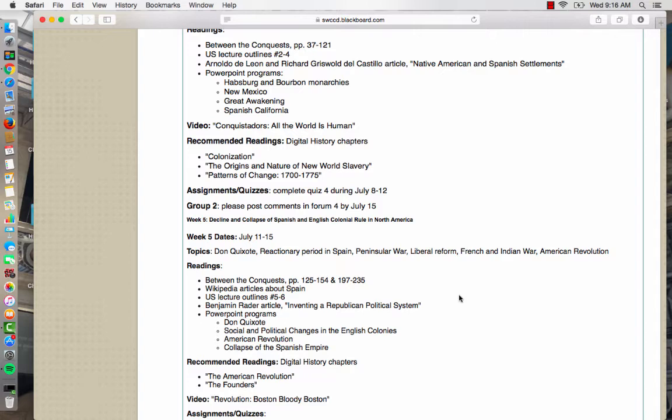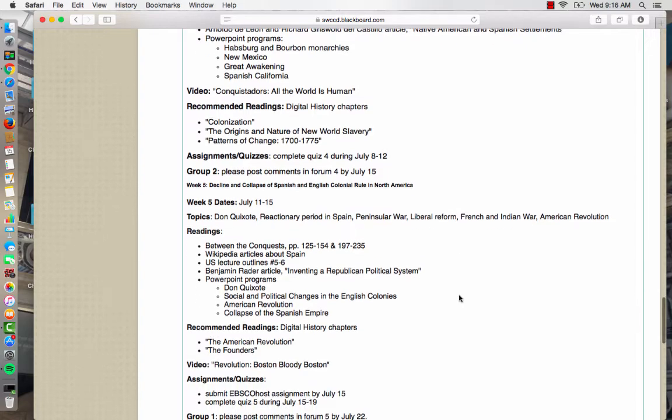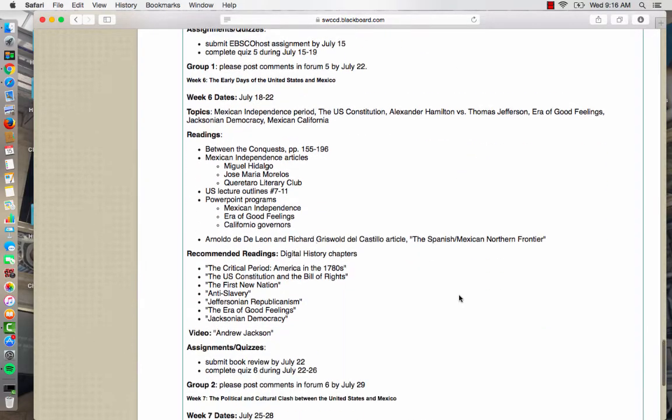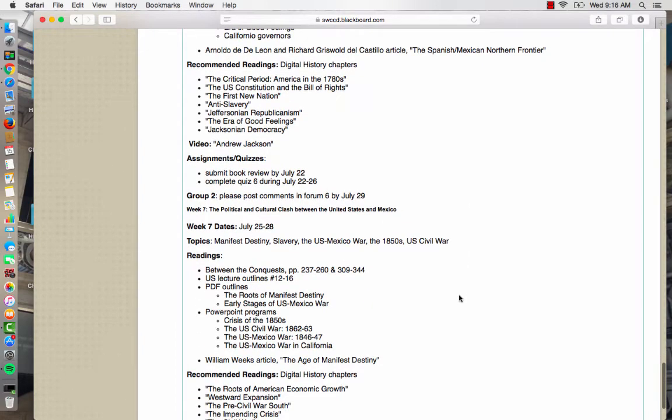Mexico, how it's being transformed by the end of the 18th century, beginning of the 19th century. Of course, that's when people like Father Hidalgo and Morelos come on the scene. We'll get into those guys around that time, and even more so coming up into week 6 and finishing off with week 7 as we get into Manifest Destiny, Slavery, the U.S.-Mexico War, the gold rush in California, topics which pertain more to our area, to our region, to more localized topics.